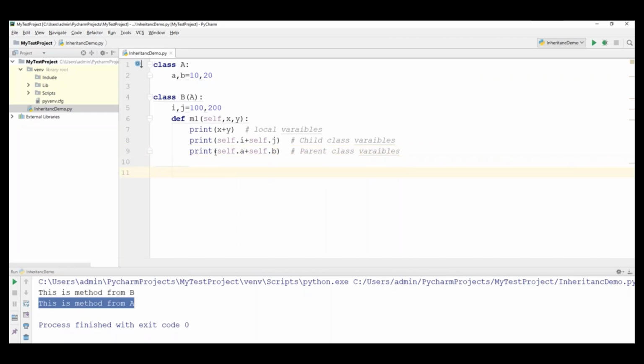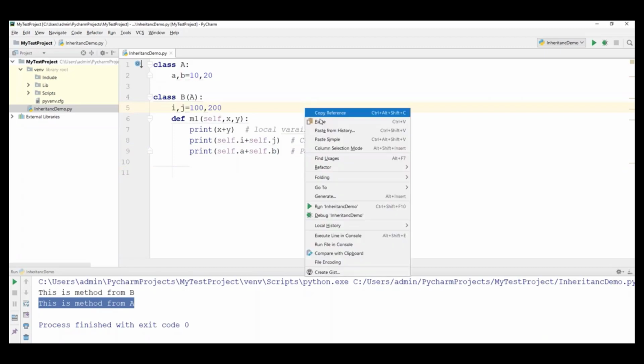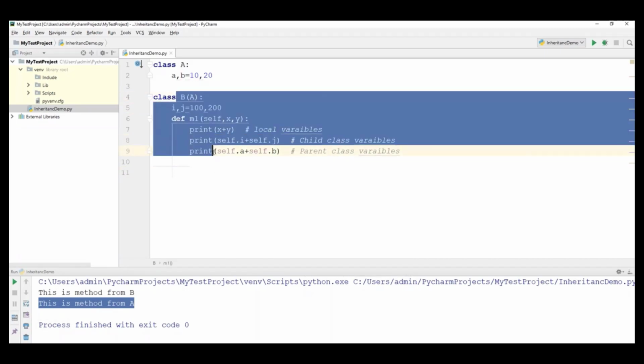Now we need to understand the difference here. Whenever we extend this class into B, automatically these a, b become the variables of class B. So just like i and j, which we accessed by using the self keyword, similarly we also access a and b by using the self keyword. So there is no difference here. Okay, now let's run this. Here we have just created the classes.